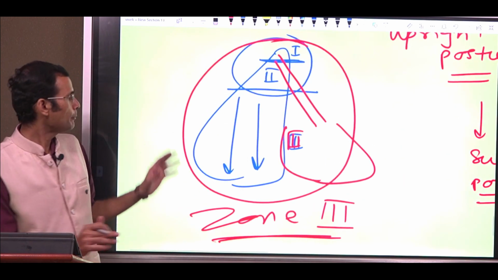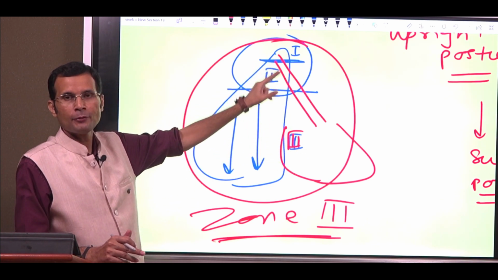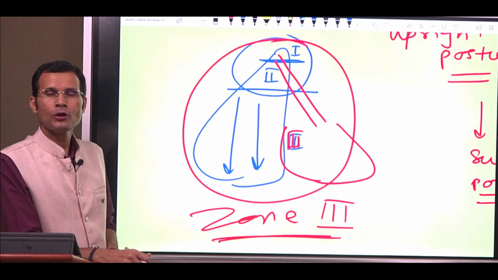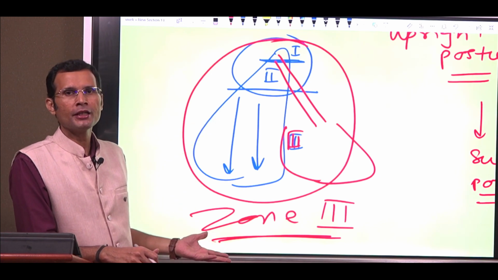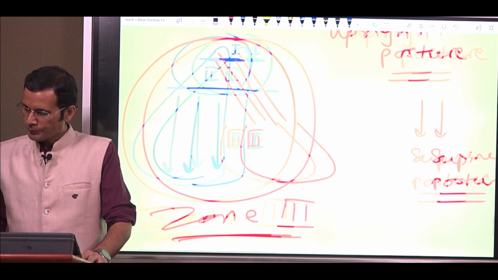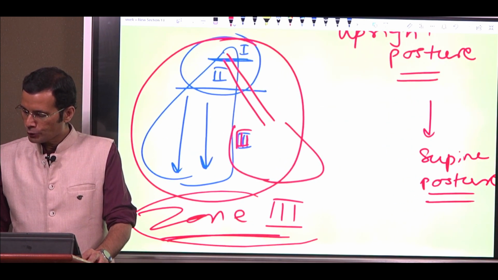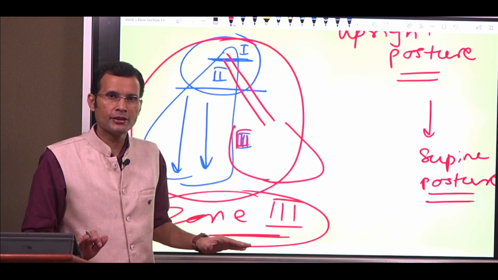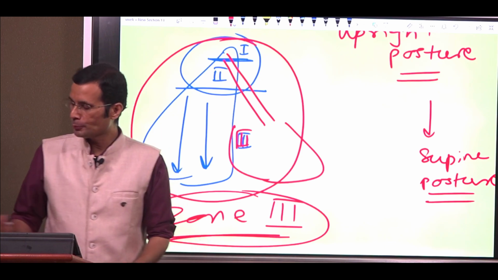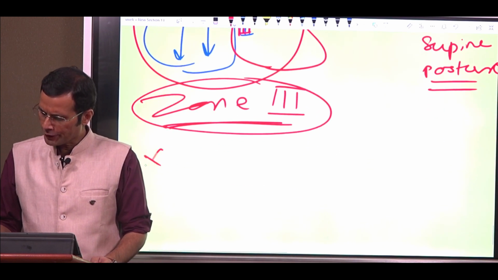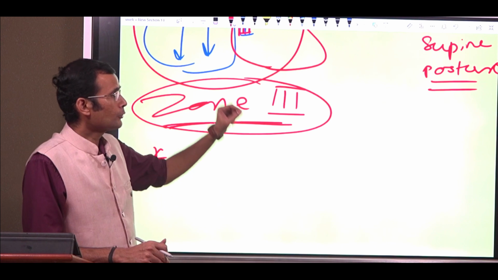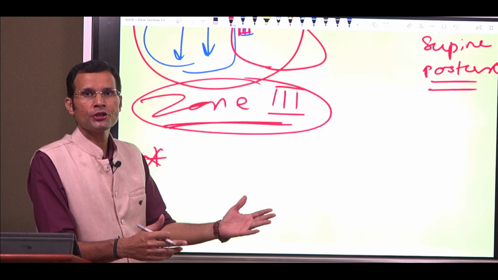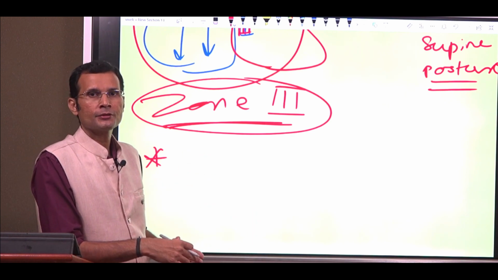If this is the upright posture and the heart is pumping against gravity, then in the lying down posture, that's not the case. So the heart does not have to pump the blood against gravity anywhere, and therefore the entire lung gets converted into zone 3 type of blood flow. That means blood flow at the apex increases when the person goes into the lying down posture. One last point. This is related to the hydrostatic factor, which I explained just now: the change of posture and pressure increasing in some vessels.